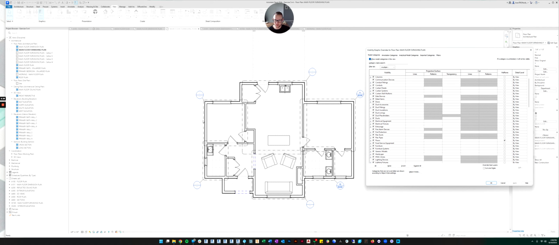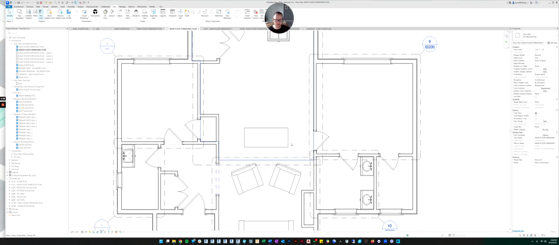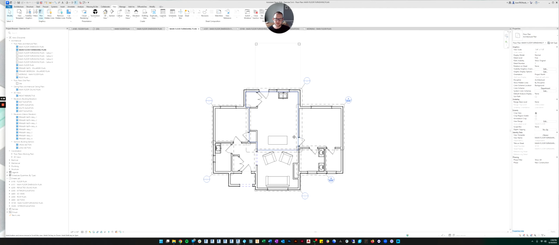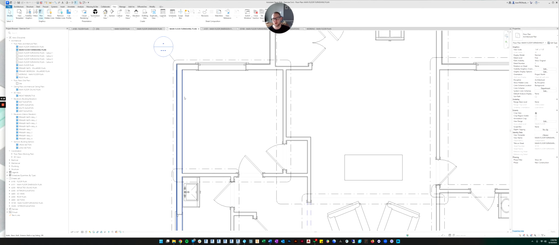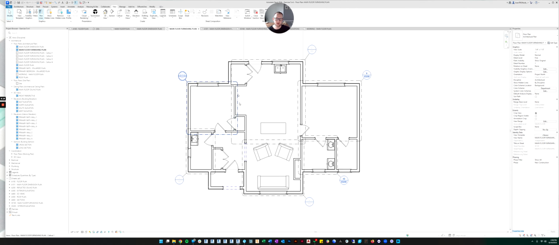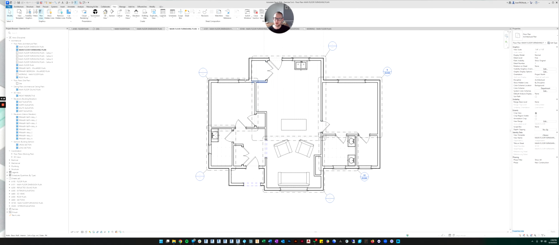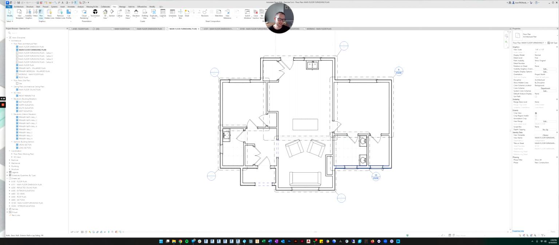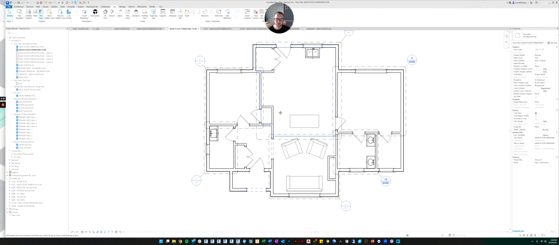The other thing I like to do to make this view easier to look at is this: on a floor plan, it matters what the walls are made of. But in a furnishings plan, we don't care how the walls are built. The floor plan takes care of that. The sections take care of that. The legends on the floor plans take care of that. But in furnishings, the assembly of the walls isn't that important.